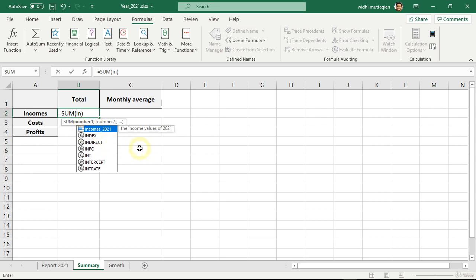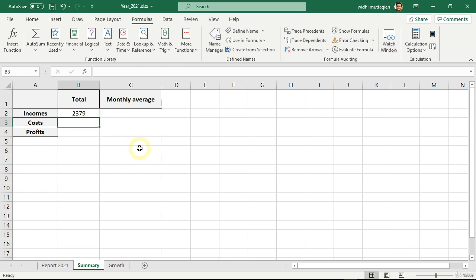Select the name with the arrow keys, then press the Tab key. After that, press Enter to confirm. Another way to access names is with the shortcut F3. For example, let's select cell B3 now. Press Alt =. By default, Excel selects the cells above or to the left that contain data. Of course, we don't want to use cell B2, so just delete it.